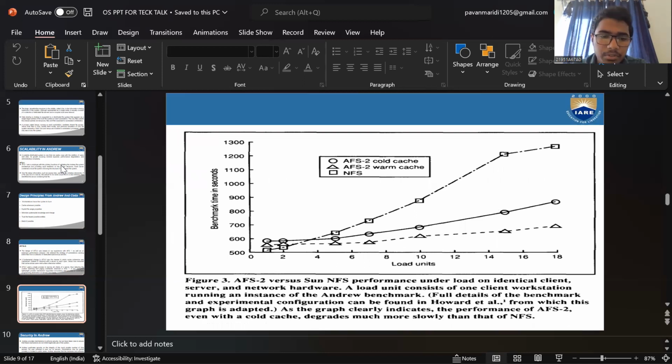In Figure 3, AFS2, Venus, and NFS performance under load on identical client, server, and network hardware. A load unit consists of one client workstation running an instance of the Andrew benchmark. Full details of the benchmark and experimental configuration can be found in Howard, from which this graph is adopted. As the graph clearly indicates, the performance of AFS2, even with a cold cache, degrades much more slowly than that